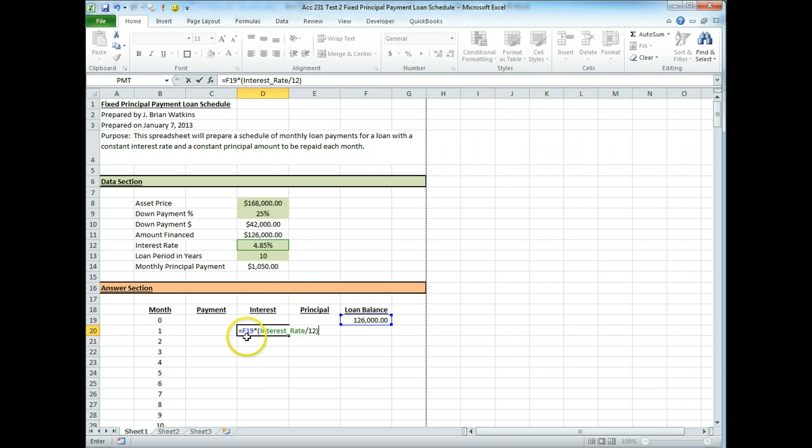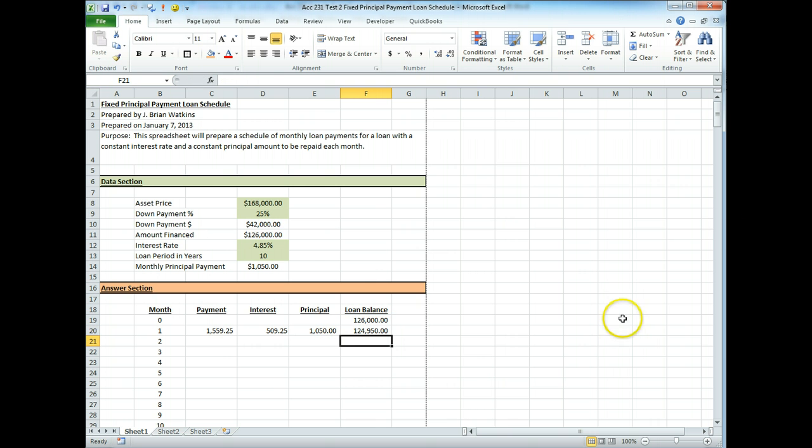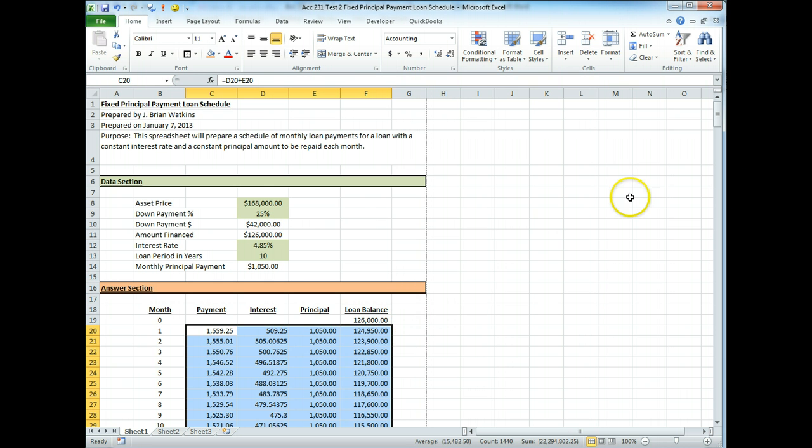So we're going to use a relative address, that is an address without dollar signs in it. So there's our interest. Okay, and then the payment is this interest plus principal. Okay, so it's a little bit different than your prior loan. Now the loan balance, it's the same as before. You take your prior month and you subtract the amount of the principal payment. And that's your first line. Now I can highlight the whole thing and I can double click on it and it will shoot all the way down